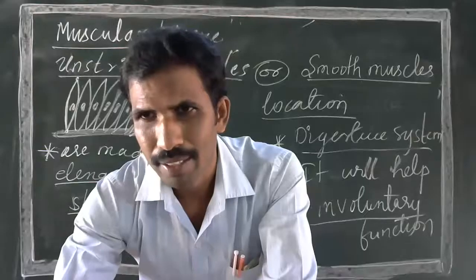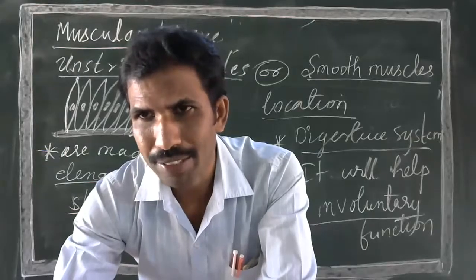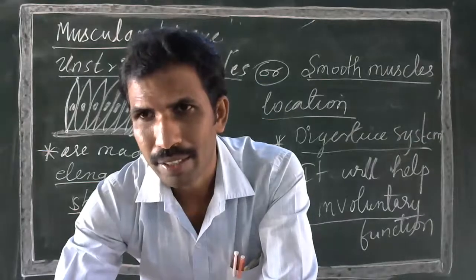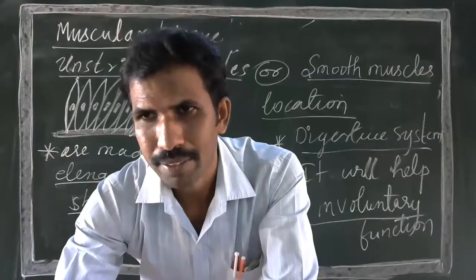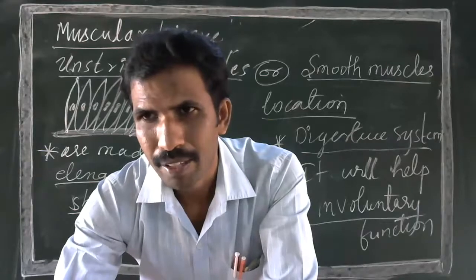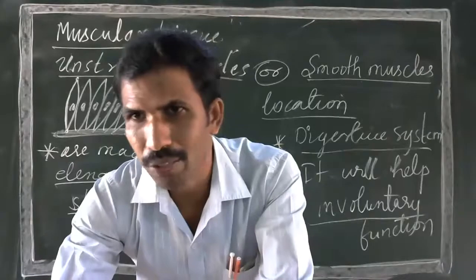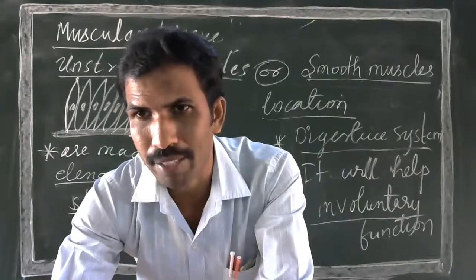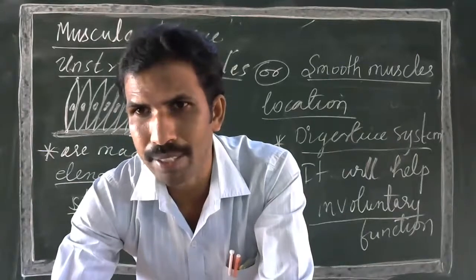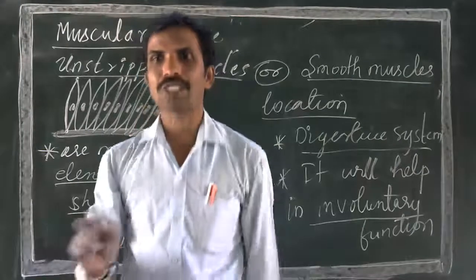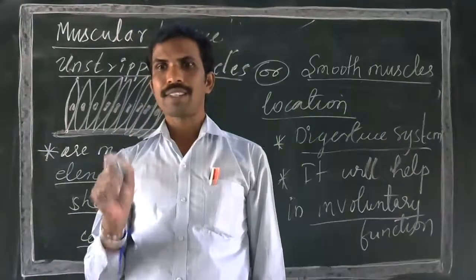So, when food is moving in the esophagus, that movement of food is called as dash. Peristalsis movement. Yes, Anudeep has said the right answer. Peristalsis movement. That peristalsis movement happens because of contraction and relaxation of the muscles present in the esophagus.